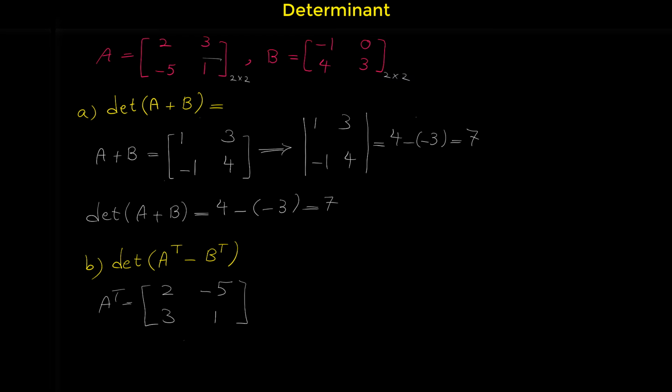But if you are not familiar with the transpose of a matrix, you can watch my video regarding the transpose of matrices. And for the transpose of the matrix B, we make the first row, which is negative 1, 0, the first column here, and make the next row the next column. So 4, 3 is B transpose. Now we have to subtract B transpose from A transpose. So A transpose minus B transpose is